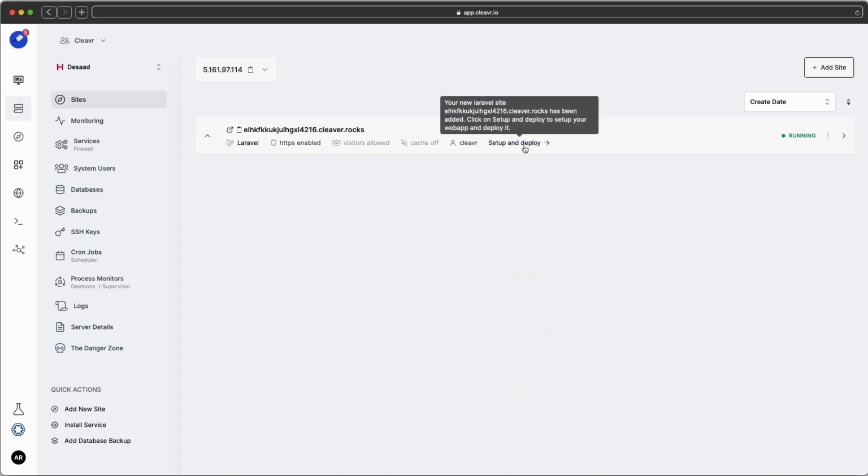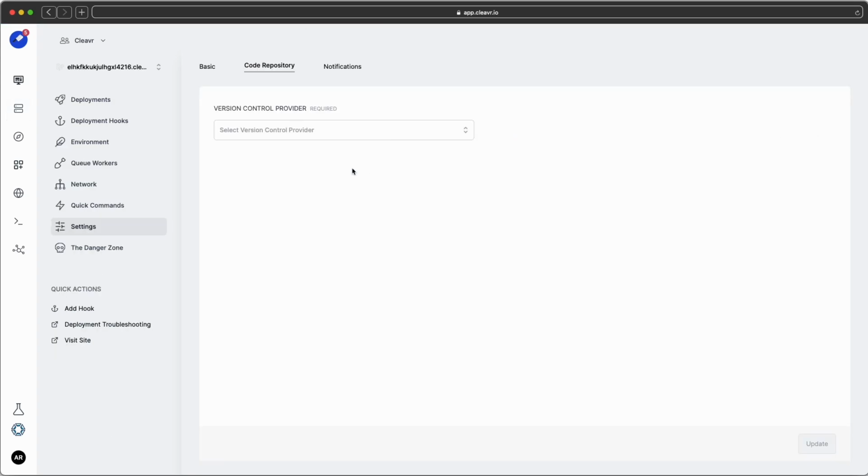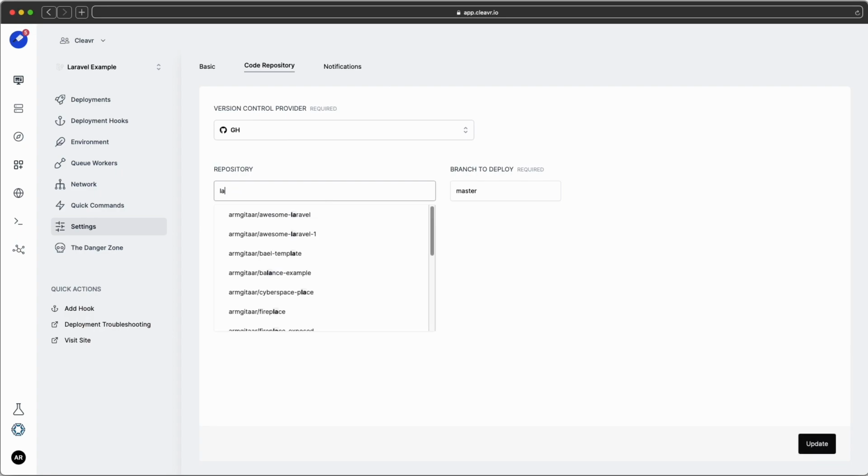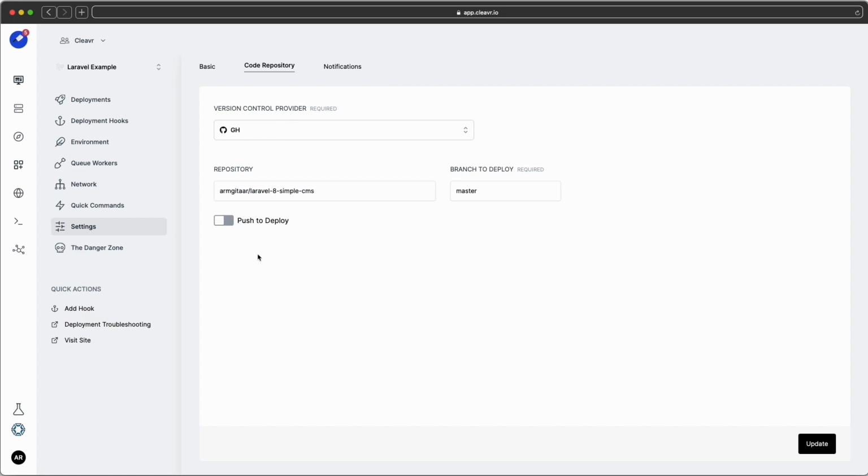Now we'll click on Setup and Deploy. This is going to take us to the web app section where you can configure the web application, where it will connect to our code repository. So I've already created a profile for GitHub. I'm going to select that. And then, let's see, I have some Laravel repositories already on my account. How about Simple CMS one? Click on Update. So just to go through some of these tabs real quick, Networks tab, if you have a